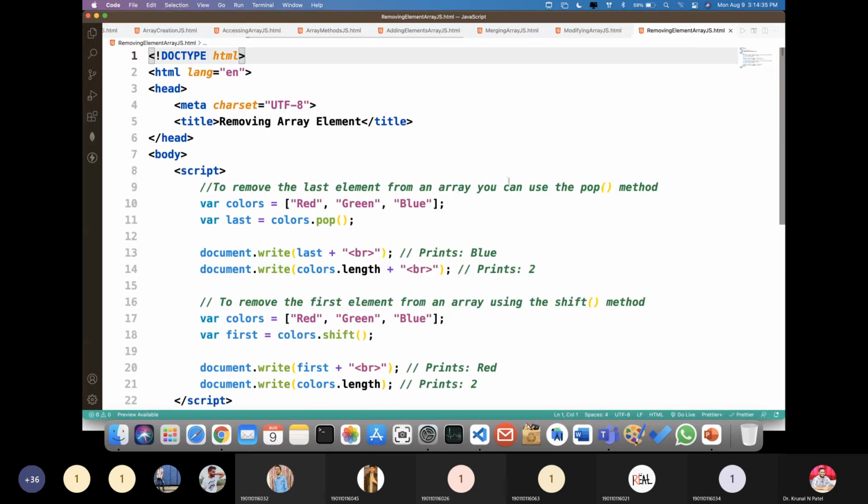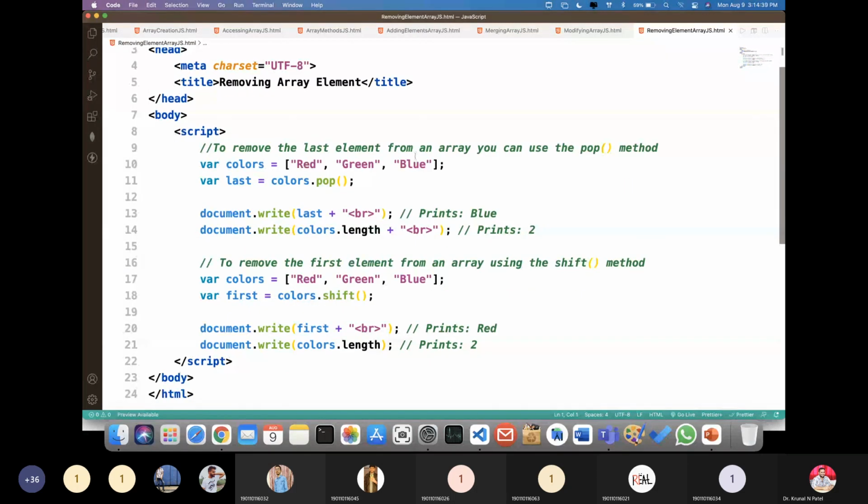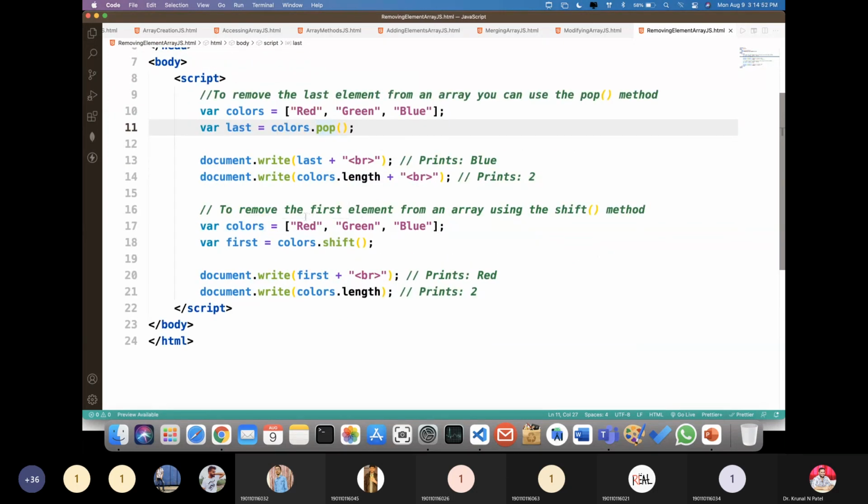And the last one is removing elements. To remove the last element from an array, we can use the pop method. So this is my array, and I'm just removing the last element using the pop method. To remove the first element, you can use shift. So the unshift method adds an element at the beginning, and the shift method removes the element from the beginning.